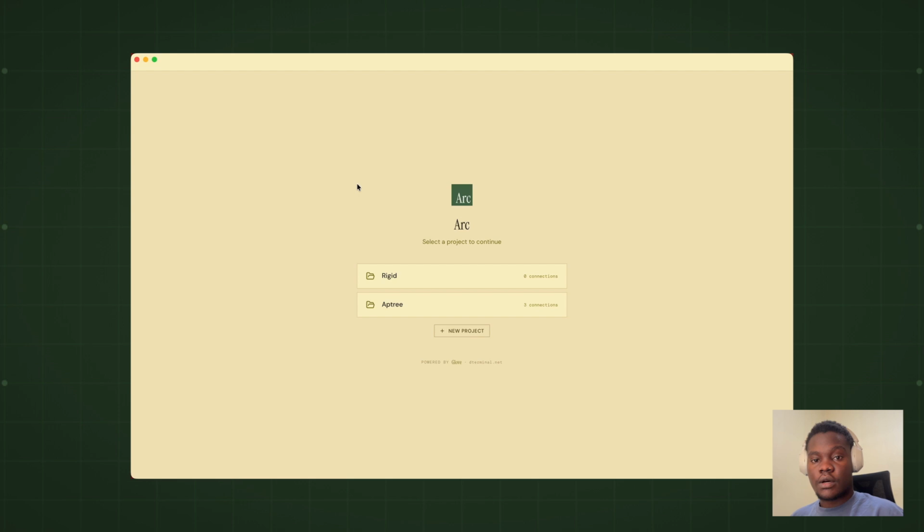Hi, so this is Arc. It lets you connect to your database and talk to it. Basically, you ask a question, it generates a query, and then runs the query on a database, gets the output data, and displays it in whatever format is appropriate, either a table or a chart, all within the same conversational interface. So to demo, I'm gonna be using one of my projects in production, which has a couple of PostgreSQL